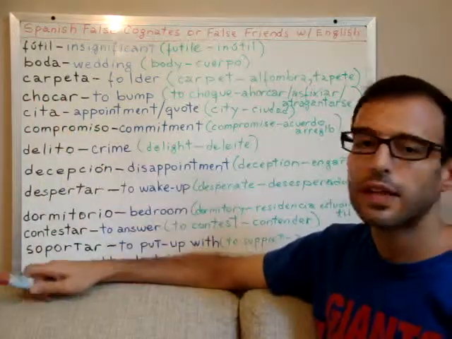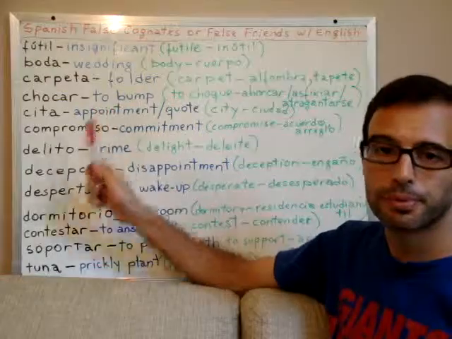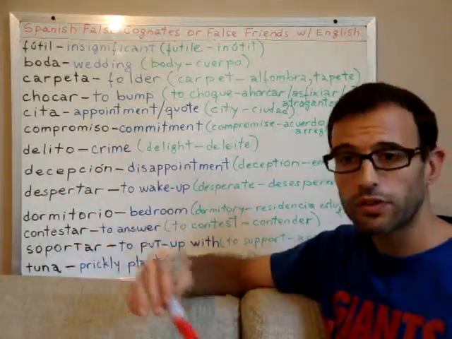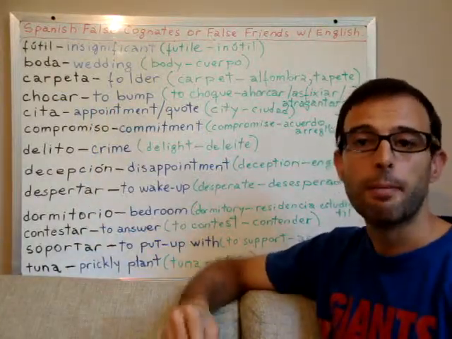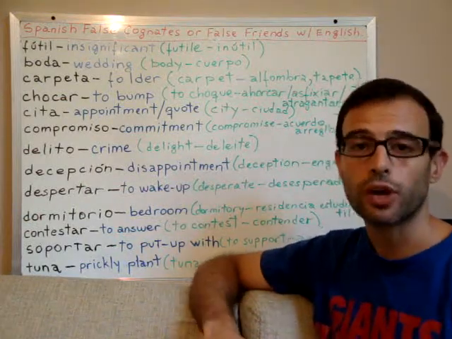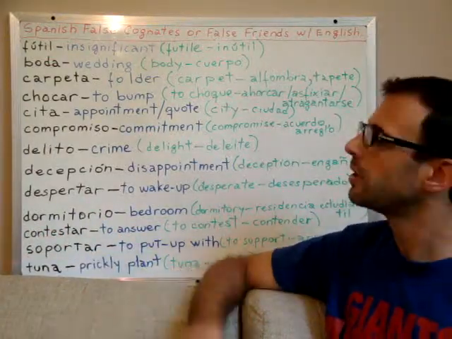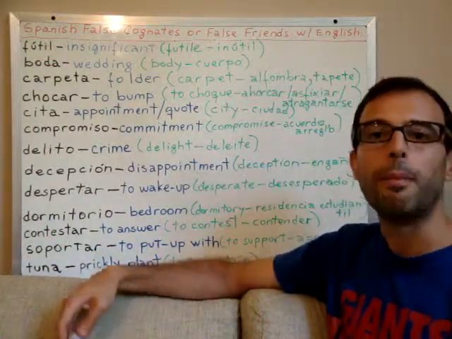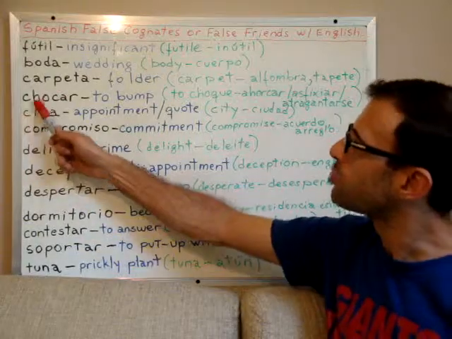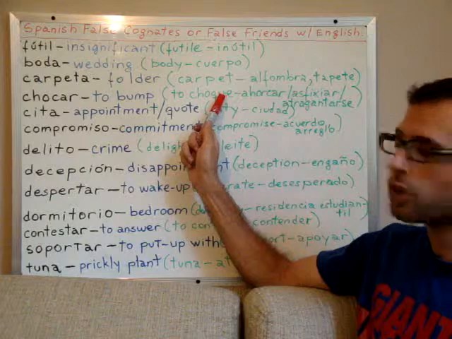Chocar is not to choke. Chocar is to bump, right? So two cars in an accident, they bump one with each other, right? They bump, so chocan. Los autos chocaron, they bumped. Un choque is a bump. So chocar is to bump, while the verb to choke,